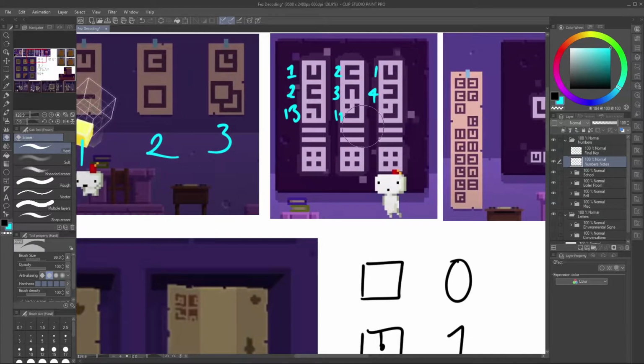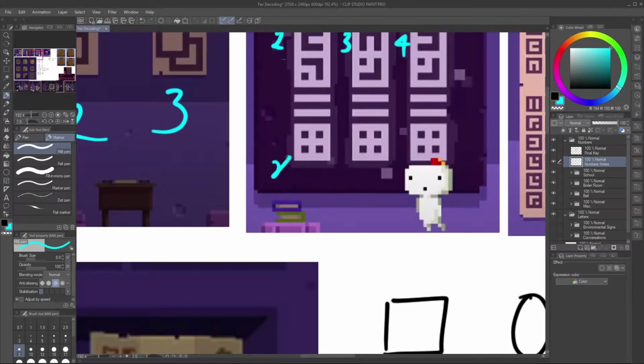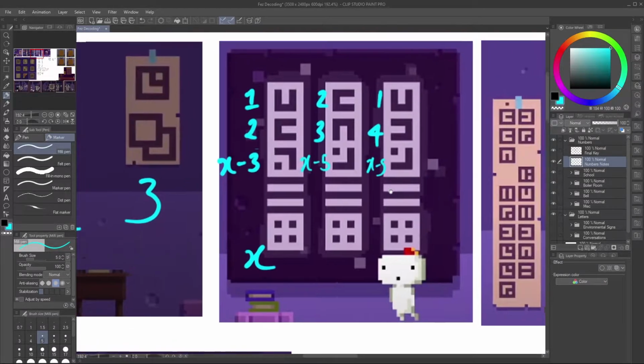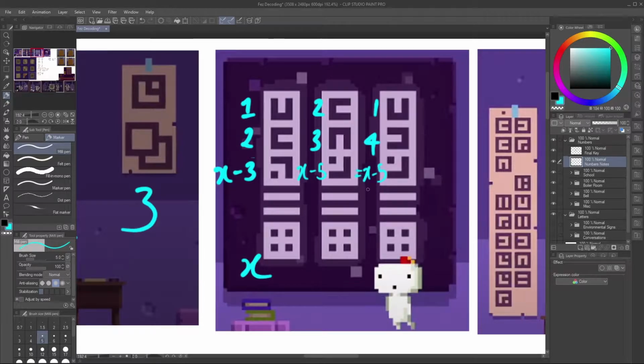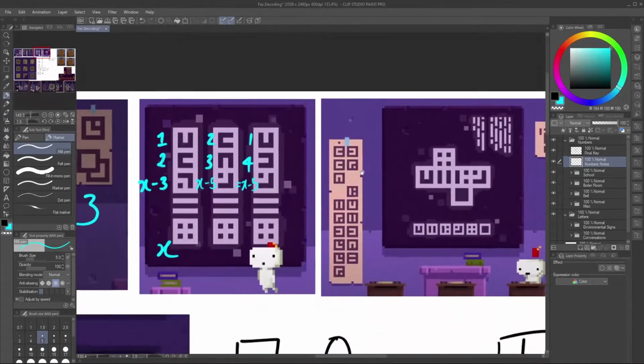Okay, let's just call this one x for now. So this we know is x minus 3. Well, I shouldn't say no. I feel like this pen is too thick. Let's use a thinner pen. This is possibly x minus 5, and this is possibly x minus 5. Which, you know, adds up. These are both x minus 5. Okay, I don't know where to go from that, so...